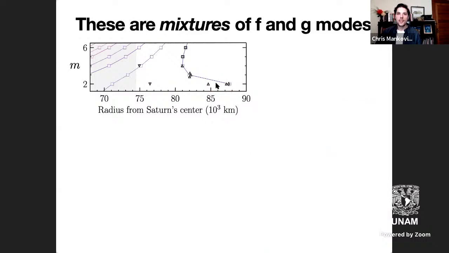And in reality, it's an oversimplification to say these are all G modes. In reality, they're all mixtures of F and G modes. They're not so easily organized into distinct flavors in all cases. There are also two kinds of things going on in these detections at n equals 2 and n equals 3. Here you have examples of fine multiplicity that we think we can understand as being induced by Saturn's rapid rotation.